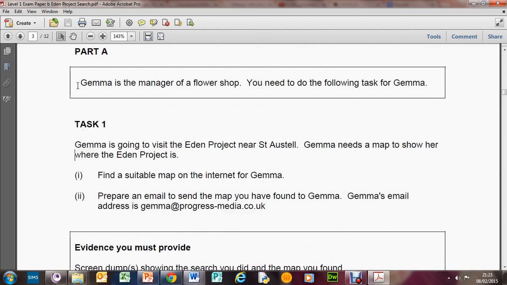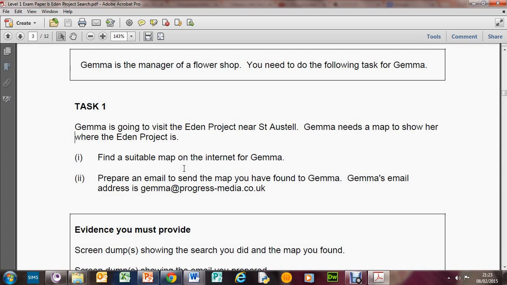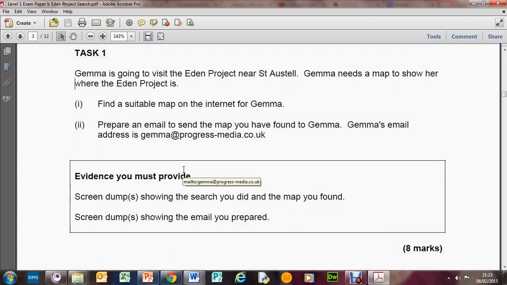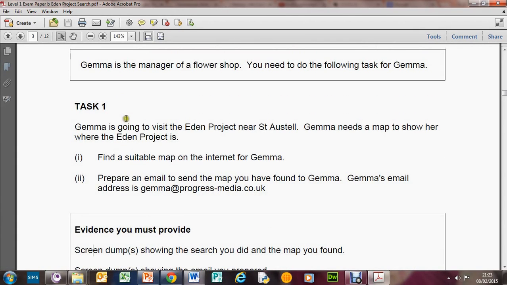So let's read it. Gemma is the manager of a flower shop. You need to do the following tasks for Gemma. Gemma is going to visit the Eden project near St Austell. Gemma needs a map to show her where the Eden project is. Find a suitable map on the internet for Gemma and email the map to her. There's her email address, and it says screen dump showing the search you did and the map you found. Screen dump showing the email that you sent. Okay, so first of all, let's start really